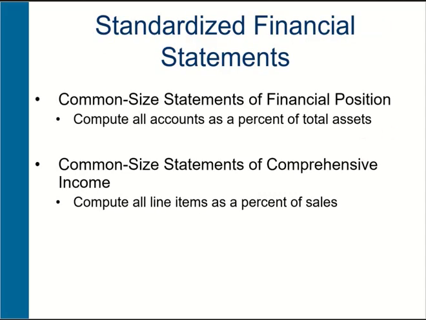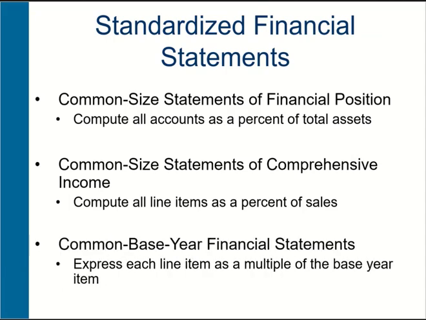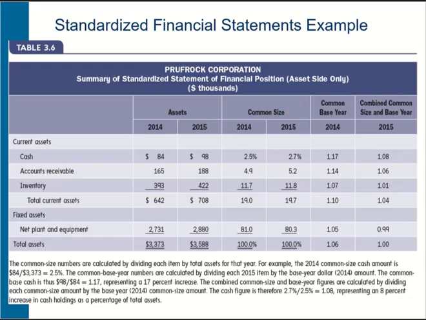Our final standardized financial statement is the common base year financial statement. Now, in order to calculate this, you're always going to need data from at least 2 years. So here's an example straight from the textbook, and I know that it can probably be a little bit difficult to see here. What we have is just a partial comparative balance sheet. So here we have just the asset side for some companies' balance sheet, but we have 2 years, 2014 and 2015. So if we look, for instance, just at the cash accounts,